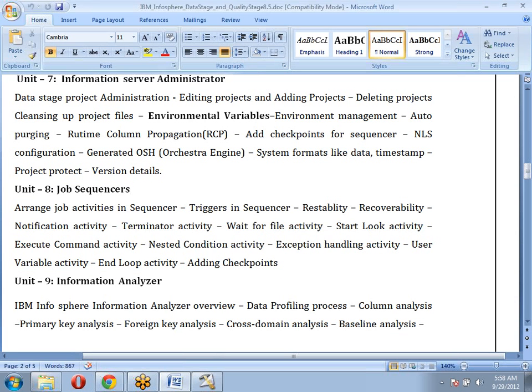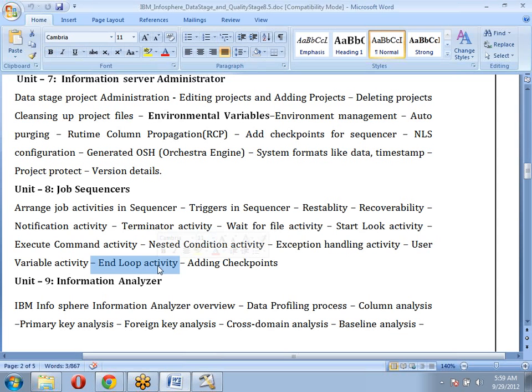For example, in a 60-job sequence, if one particular job aborts, say the 40th job, then I want to rerun from the 40th job onwards only, because the earlier jobs already completed.